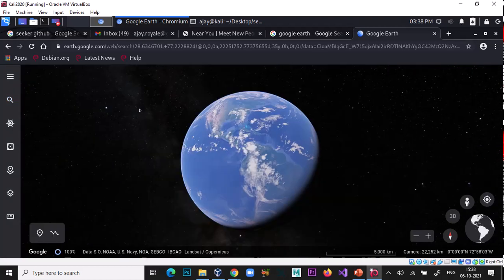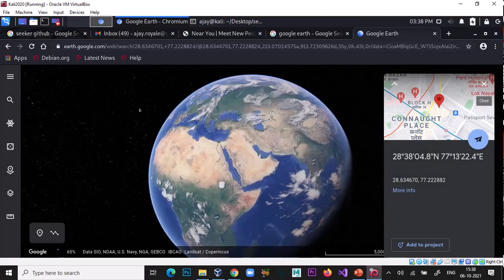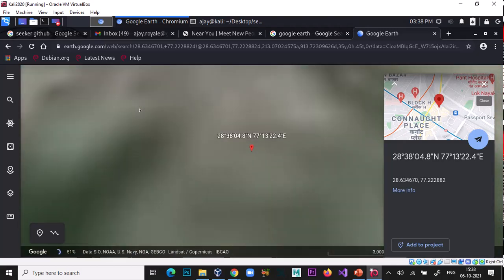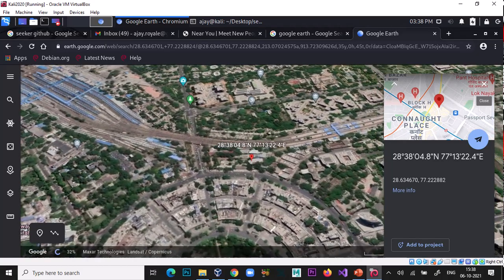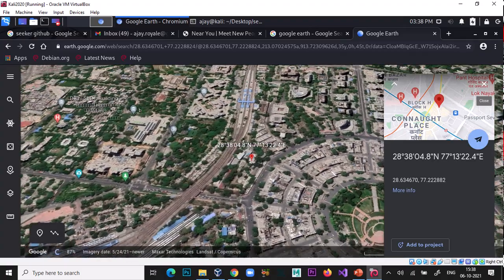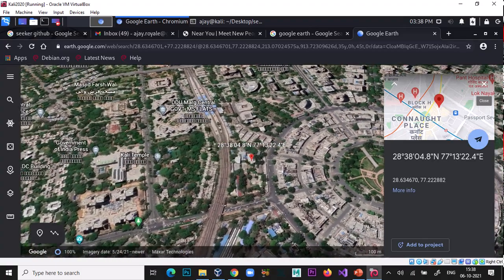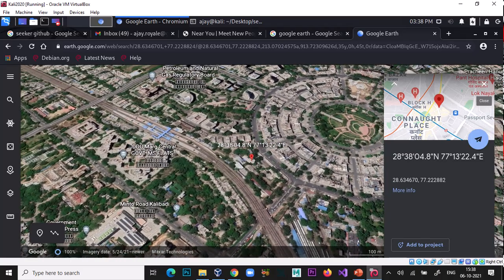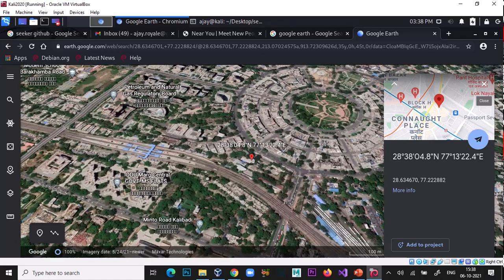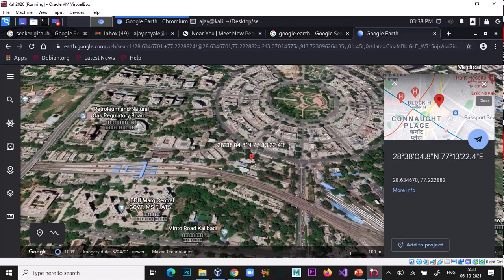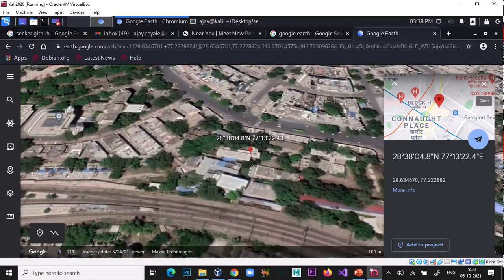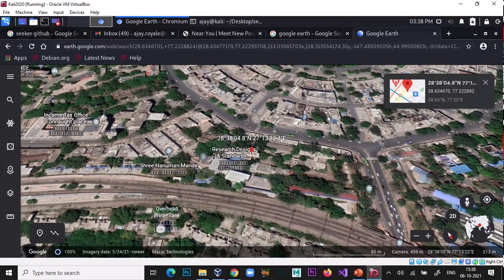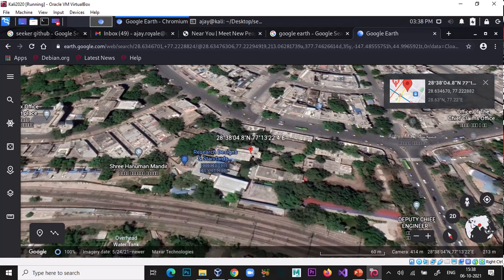Press enter. So on the Google Earth, this is exactly my location. I'm sitting at my office, which is situated in Connaught Place, New Delhi, and this is the address, and this is the location of my phone's GPS.